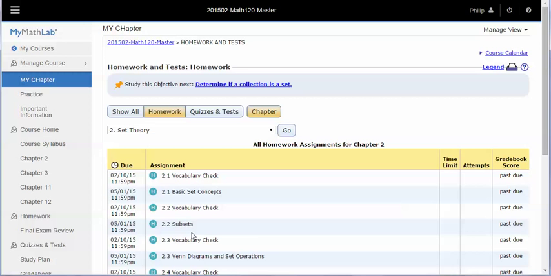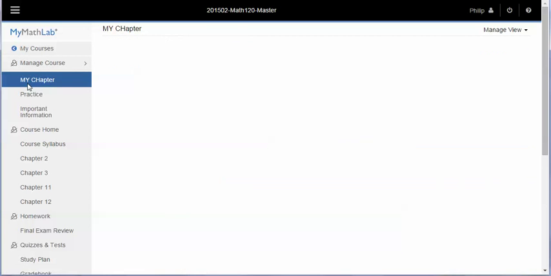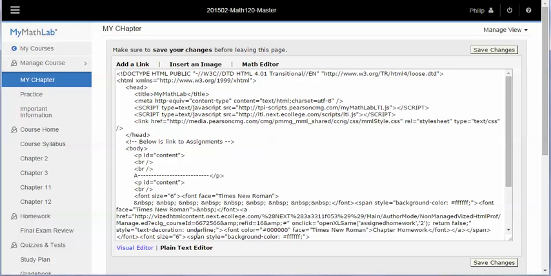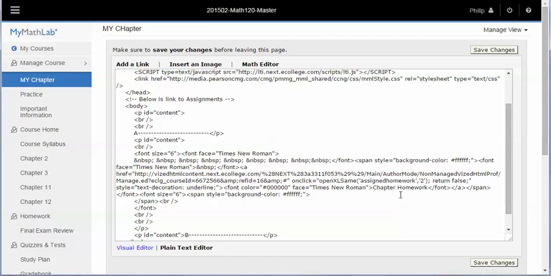Okay? Now this is how I change the particular chapter I want to display. I'll go back to Manage View. I like to click on the actual folder link itself first. Manage. I'll make sure I'm working with the plain text editor. That usually comes up, I believe, with the last one you work with. Now, here's where you actually associate it with a particular chapter. You see that 2 right there? If you change that 2, let's say to a 3,